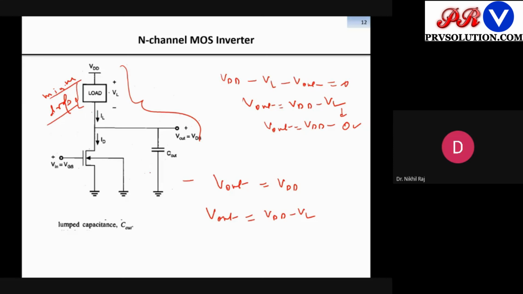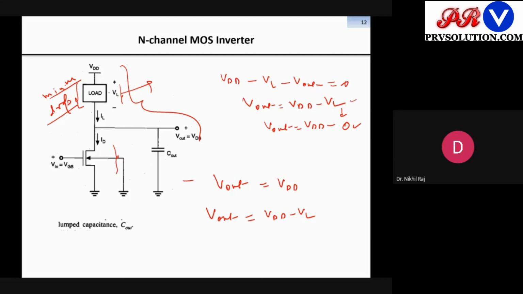Similarly, in the bottom case also, I will want a minimum drop. In order to realize the minimum drop, whatever device we use, there will definitely be some voltage drop. It can be a MOS, a resistor, or a capacitor, anything can be there. But due to this drop we can get a degraded output.